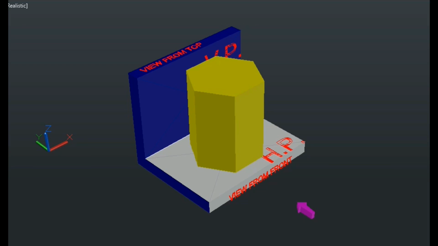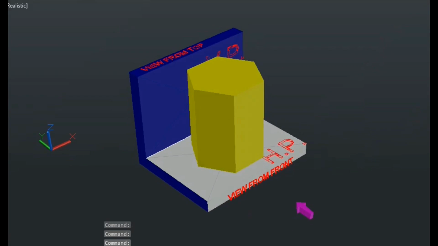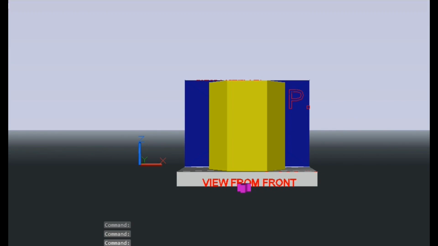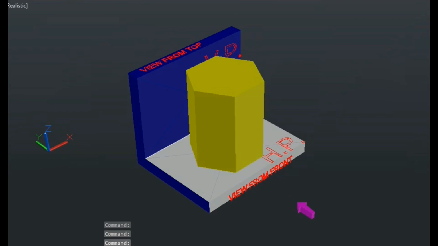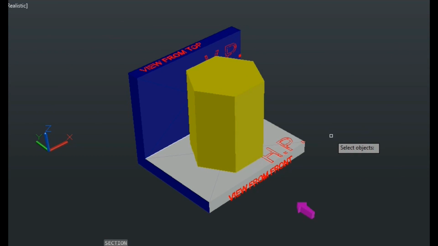Now you can see on your screen the hexagonal prism directly resting with its base on HP. You can observe from the top view one of the edges is parallel to VP. So here both conditions are satisfied. This is the front view, 3 rectangles, and the top view will have a hexagon as usual. And when coming to our section plane,